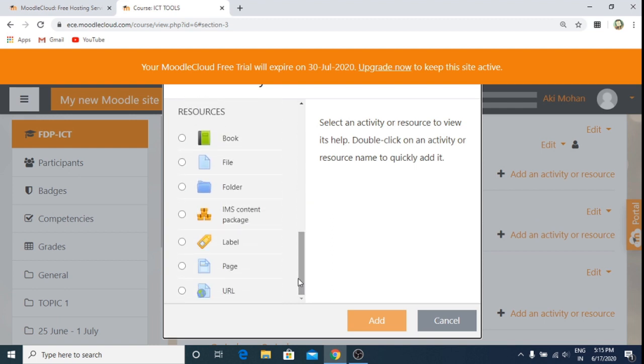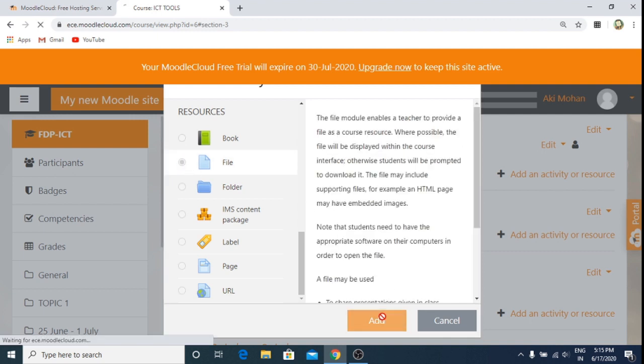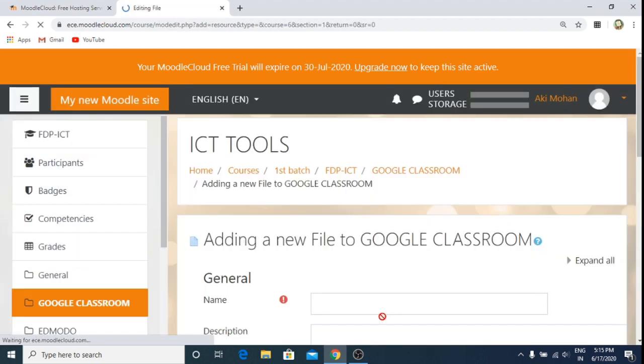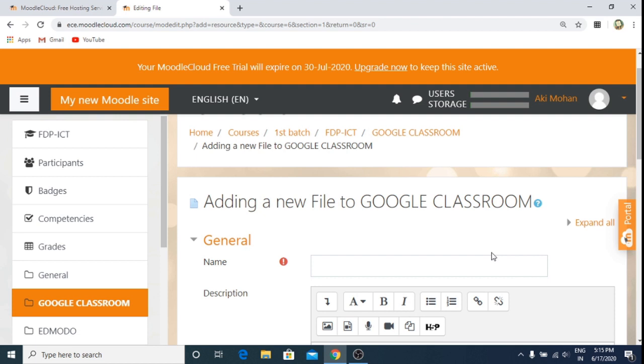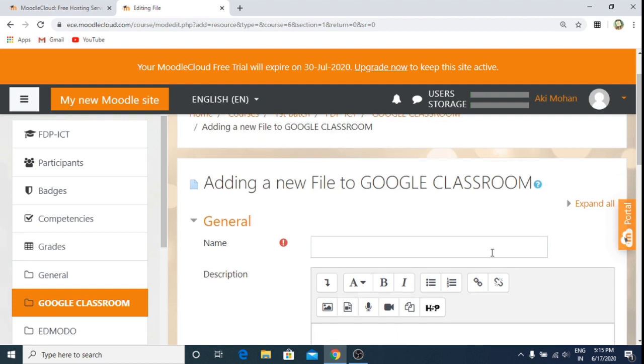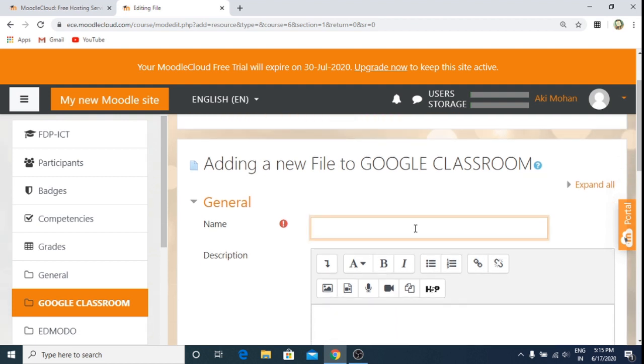I click on file. You can try out the various options. We'll be working on few activity resources alone, but all the things are same. Select one and then click on add, then customize it as per your need. So I'm going to type the name here, intro, file name, a description here.